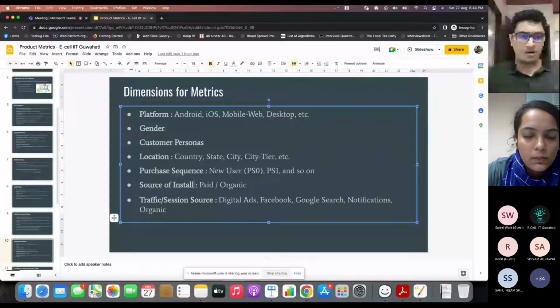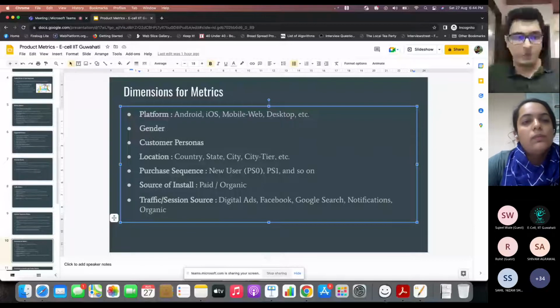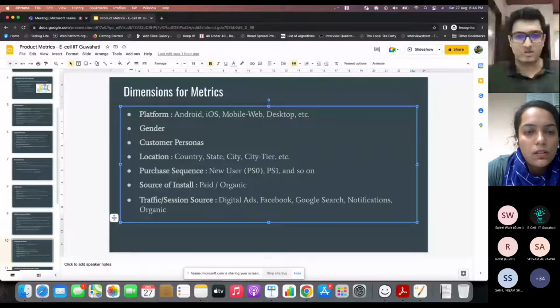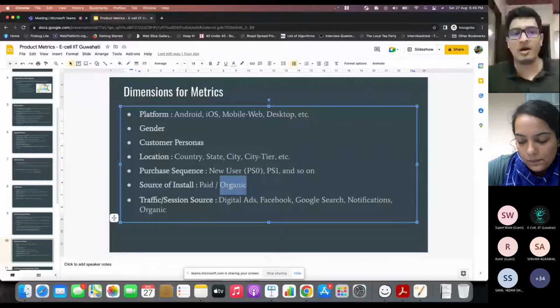This is especially from a new user conversion perspective. Was the conversion of new users dropping for paid installs, people who came through marketing campaigns, or through organic sources? So this will tell you that if my paid conversions are dropping, conversions of paid installs are dropping, and organic is flat, it tells you that probably the user mix that is coming from paid marketing campaigns is poorer. Or similarly for organic, you could say. Then if organic is dropping, there could be some other reason.